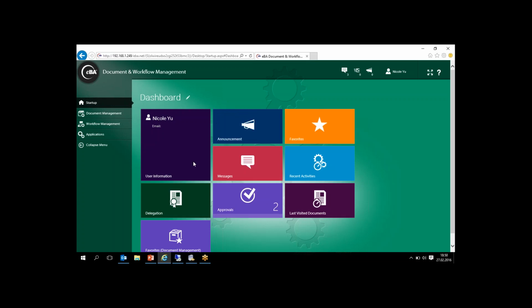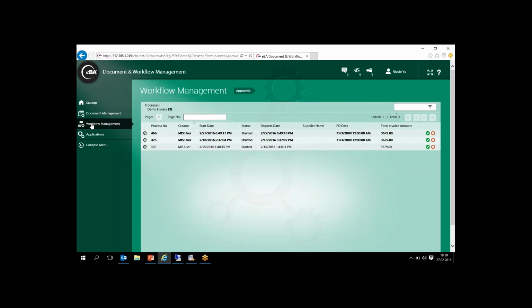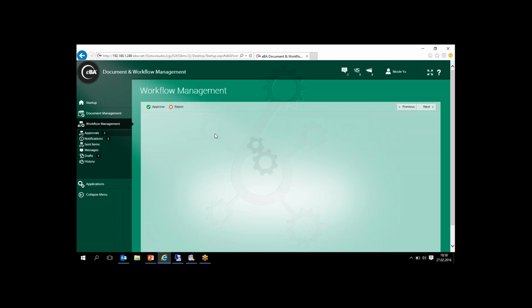can customize the dashboard in the screen, and they can review the processes easily with the approvals menu, and also they can enter this waiting processes from the workflow management tab. They can enter this process from here, and there is a process that is waiting for Nicole user action. We need to enter the detail of the process,